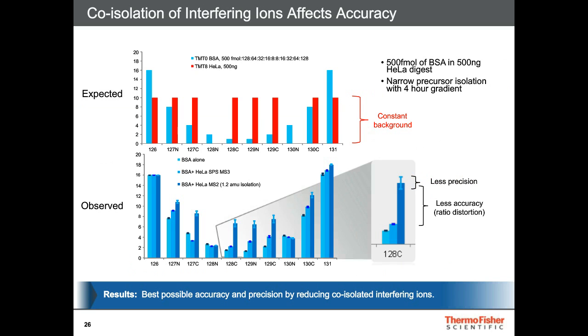But interference can be reduced and even eliminated with the proper sample preparation, LC separation, and instrument methods. So in the top graph, we have an experiment where we're going to demonstrate the problem with interference using complex samples. As you can see, we have in the blue graph a TMT-labeled BSA sample that's mixed at 16 to 8 to 4 to 2 to 1 to 2 to 4 to 8 at fixed ratios, and we are going